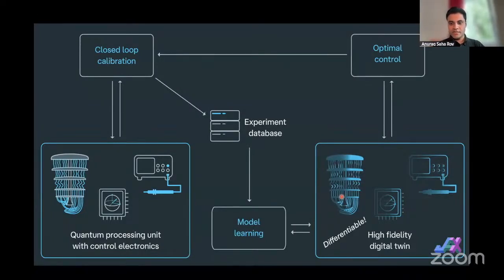We create this digital twin of the quantum computer. And again, for the folks on the call who have a background in machine learning, we use something called JAX, which is a library that lets you create differentiable simulations of systems. So we create this differentiable digital twin, we feed it data from the real quantum computing chip, and then use the machine learning algorithms to create a very, very accurate model, which can then be used for getting very accurate gates. And this brings down the process to a few hours from several days, weeks, or months.